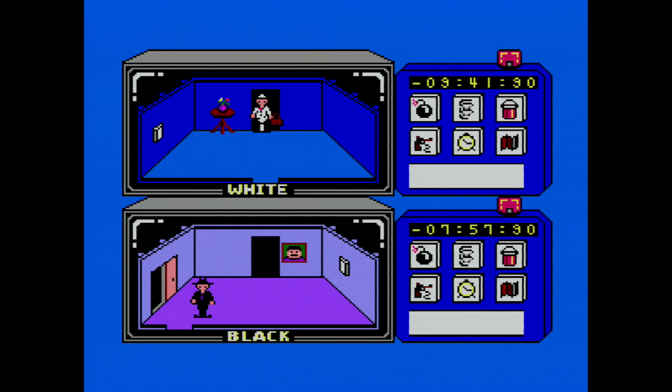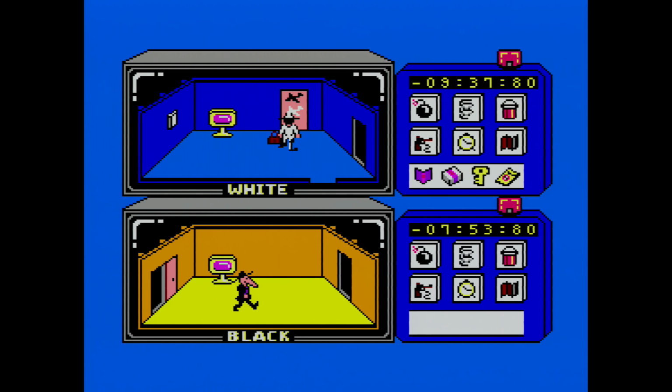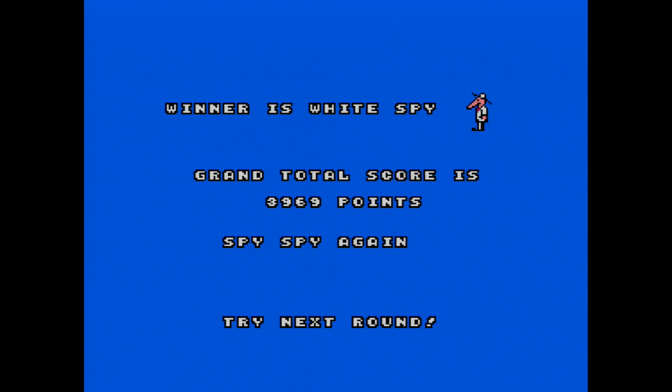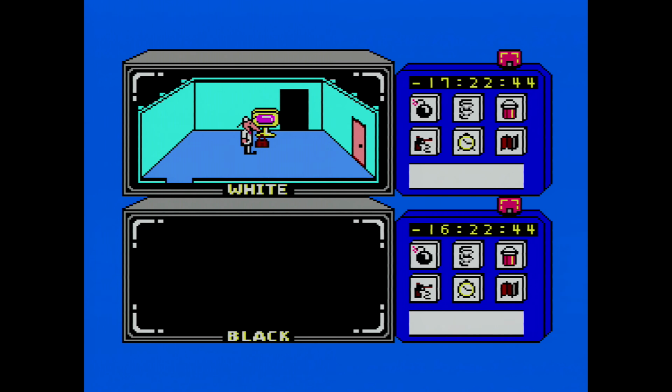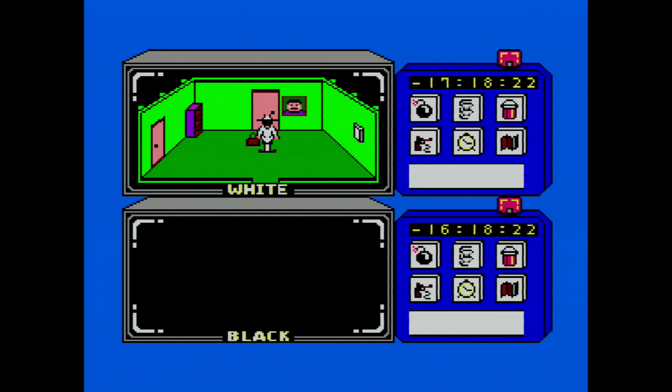Finally, there's the escape, and here's where things get interesting. The game offers 2 options when it comes to the door to the airport. By default, the door is hidden until someone is carrying all 4 items in the bag. Also, the room with the airport door is randomized, so while you can map each level out if you're so inclined, successfully escaping will always be a bit of a guessing game, which gives the other spy a chance to get back in the game if they can catch the player with the bag while they're wandering around looking for